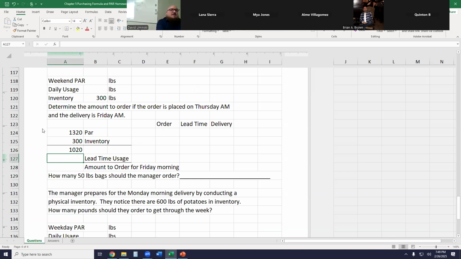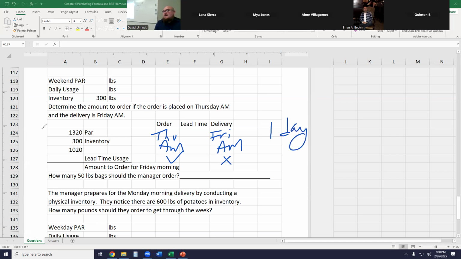Okay. My order is placed on Thursday AM and delivery is Friday AM. So Thursday, yes, Friday, no. One day. But that one day is specific to Thursday, which is 250 pounds. So it's kind of weird. It's a weekend par, but we're using the weekday daily usage because that's the day that we place our order. So we add that 250 pounds